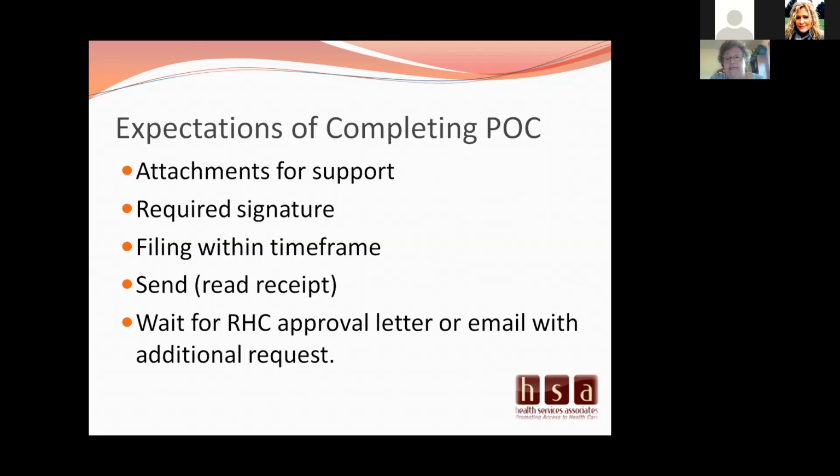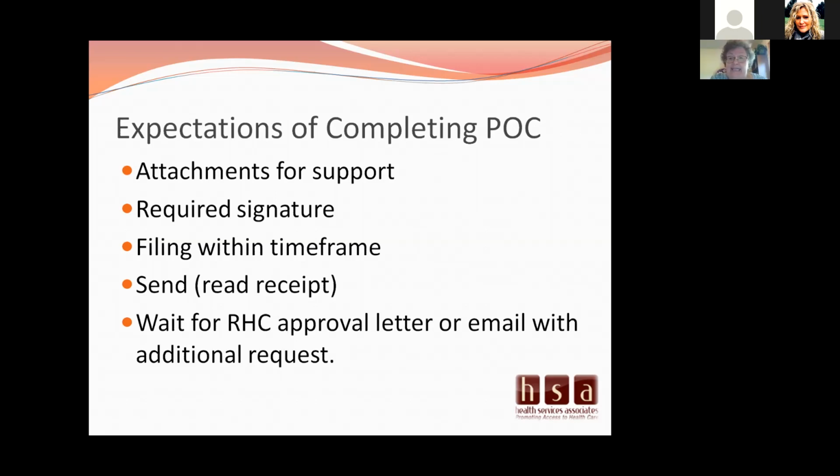I always hit read receipt, because then you know when it has been opened. And then I keep that email with that read receipt until I get back my continuation approval. But then if they come back and say, well, you never sent it, you've got this read receipt showing, hey, somebody opened it, we met the timeline.